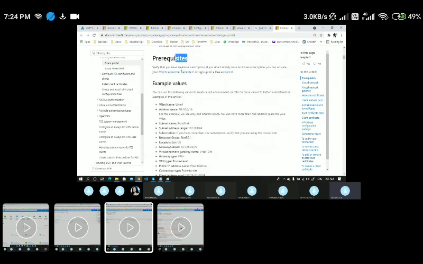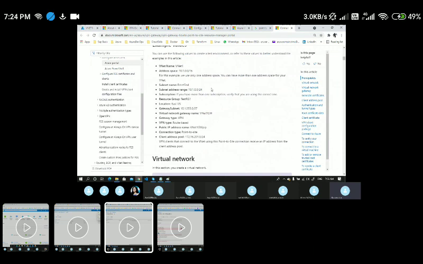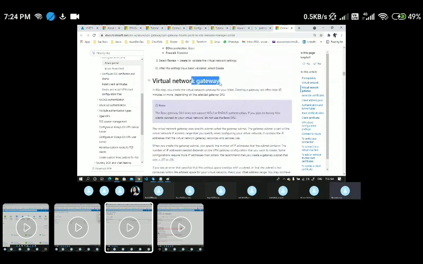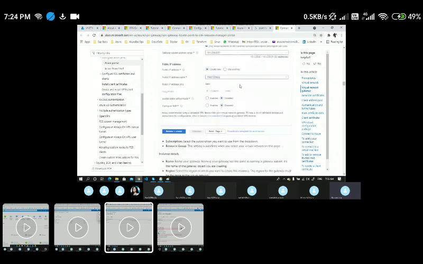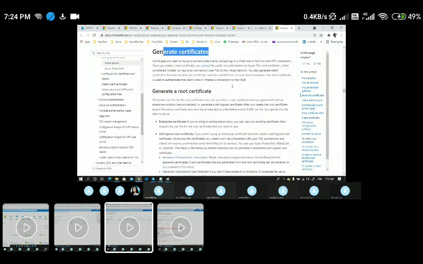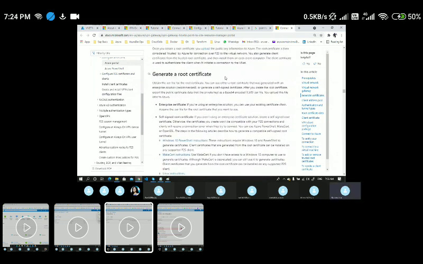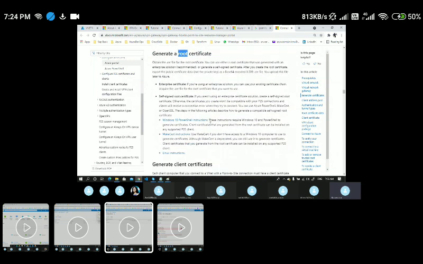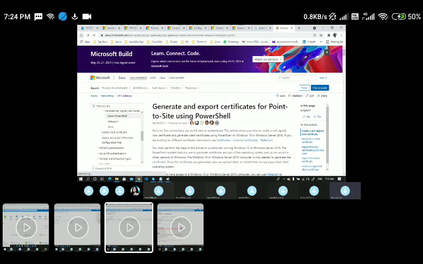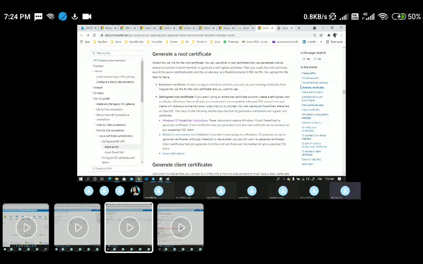these are the prerequisites, which we already have: the subscription and other things. We have the VNet, and we'll have a virtual network gateway also. I'm not going to create them again. Here we need to generate certificates on your local system. We'll generate two certificates: one is a root certificate, and the other is a client certificate. From your Windows 10 operating system, if you want to generate a certificate, you can go through this document. One second, I'll open it in a new window.